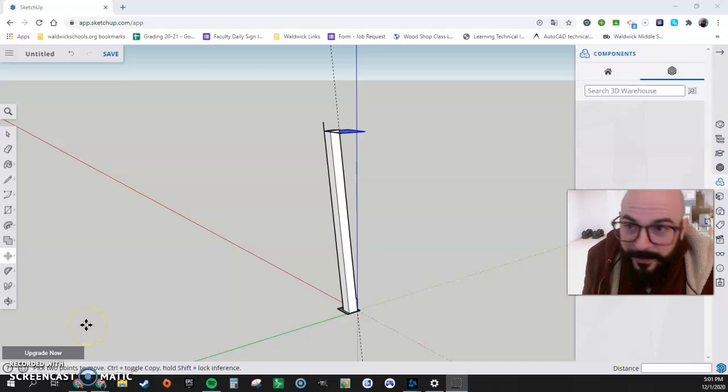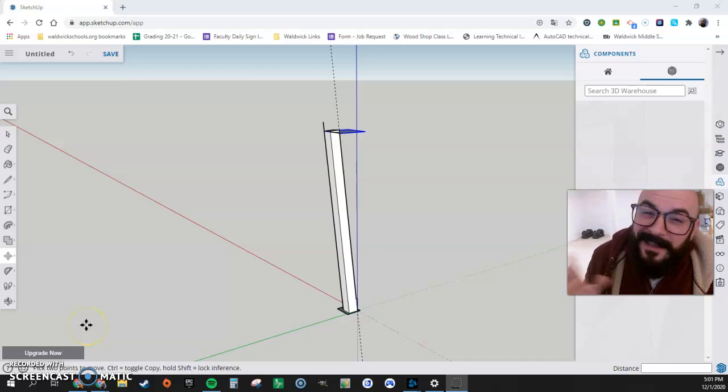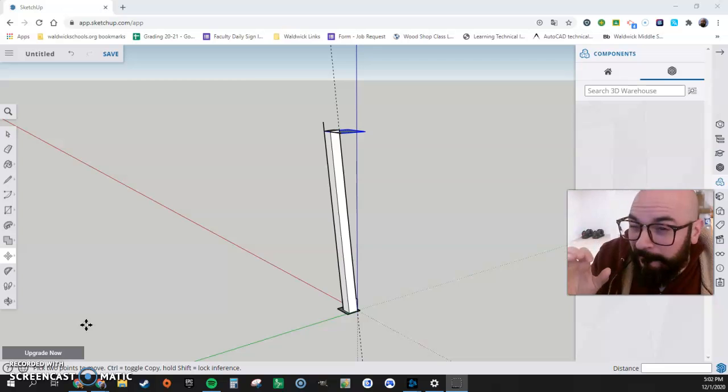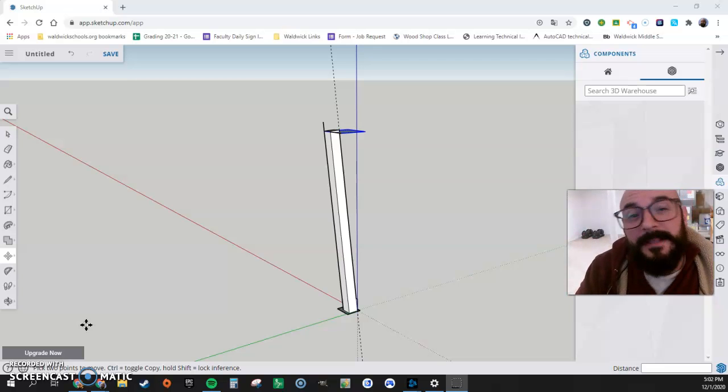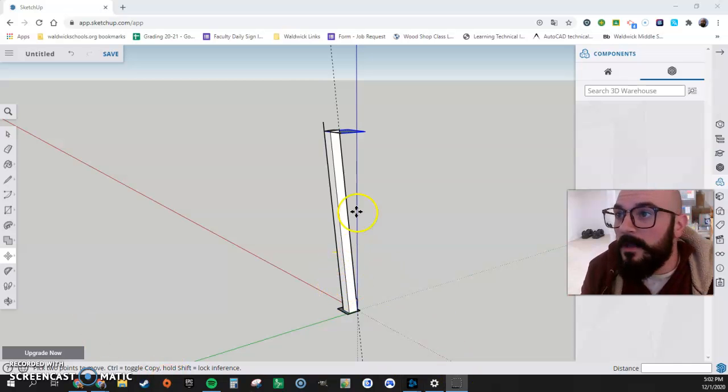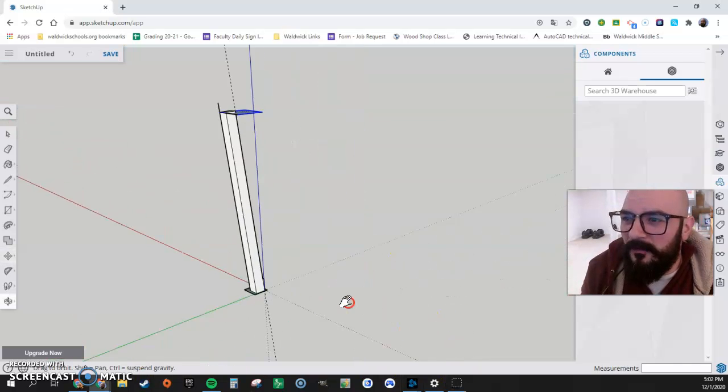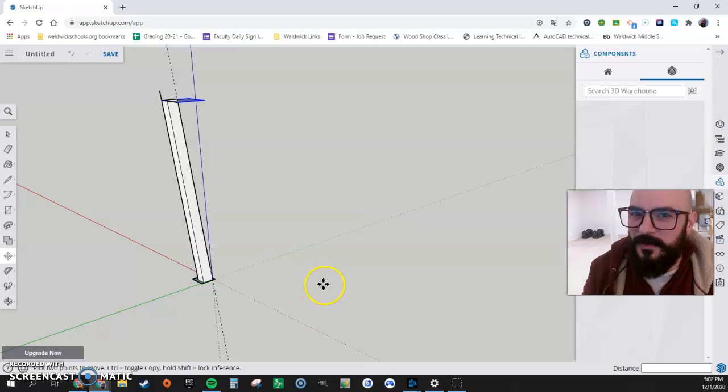So I'm using SketchUp and I gotta make a mitered cut, but it's a compound mitered cut. It's a little trickier, and that's the purpose of this video. Here I'm gonna show you how I approached this and try it out, see if it's something that works for you. So I'm gonna make a duplicate of what I was working on to kind of show you how I